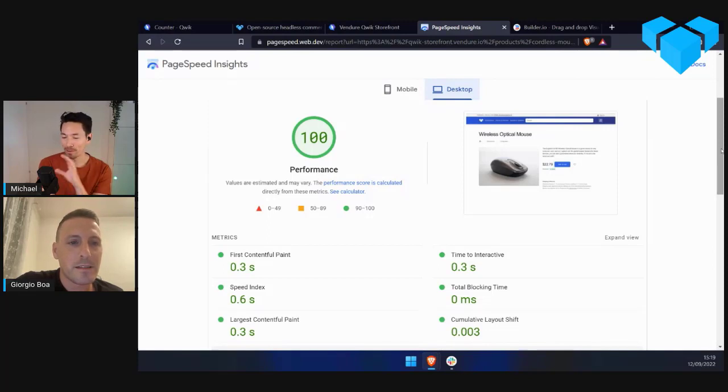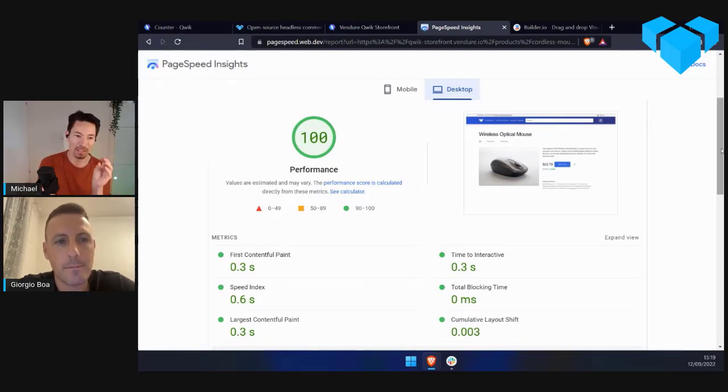That's right. So the whole architecture of this page to get this performance: we've got the Qwik app running on Cloudflare Pages. That means it's distributed to all these edge servers around the world. When you make a request from anywhere in the world, you're going to find a server very close to you, which is going to execute the server-side rendering at that edge server. However, it does have to make an API call to our public Vendure instance, which is running, I believe, on a $5 DigitalOcean box somewhere in the EU region. Vendure's pretty fast, so we can run a very low-powered instance and still manage to serve these requests at lightning fast speeds.